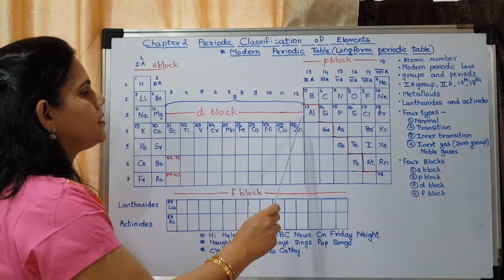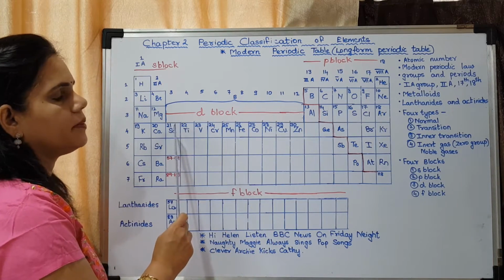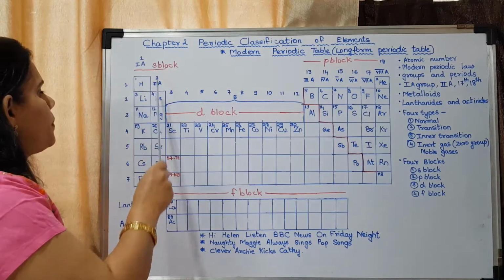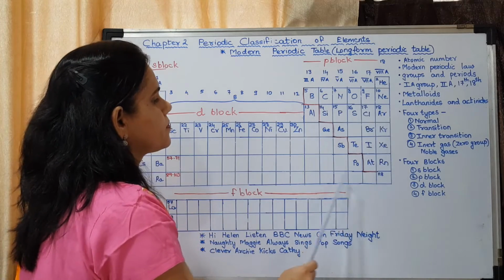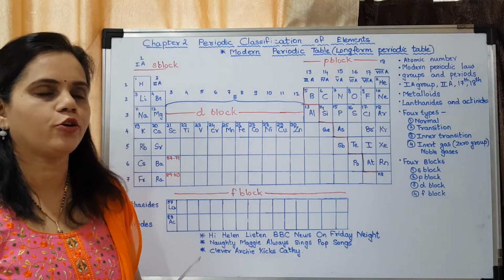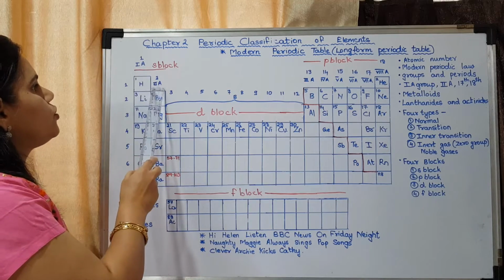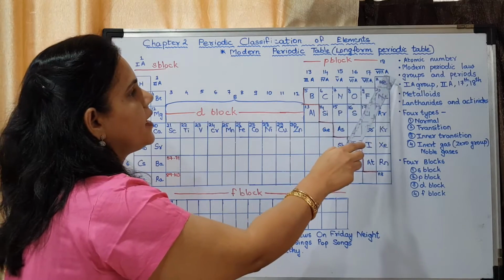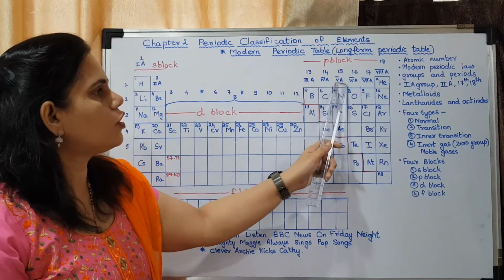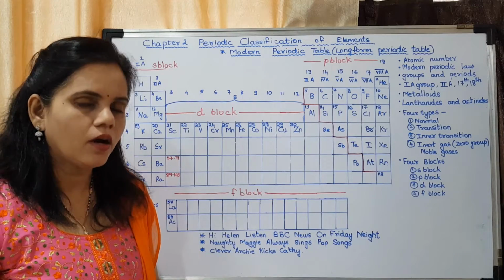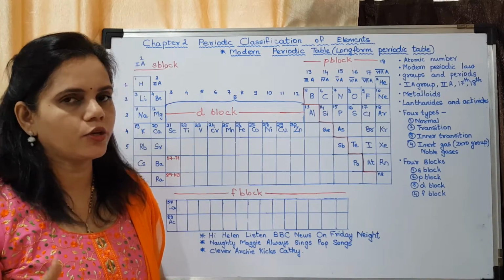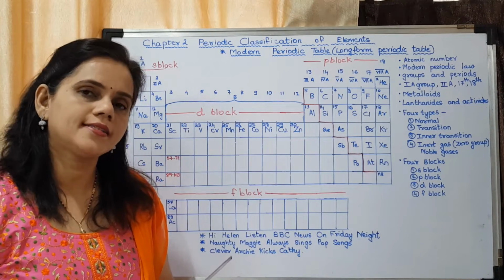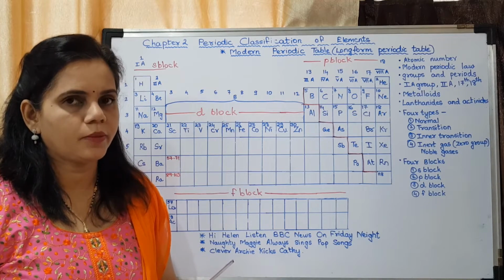These middle elements, which are transition elements, are considered to be B group. This part and this part are considered to be A group. So you may see it is 1A, 2A, 3A, 4A, 5A, 6A, 7A and 8A. So this group could be called the 15th group or 5th A group. Understood? This group can be called the 16th group or 6A group. Hope you have understood about groups.